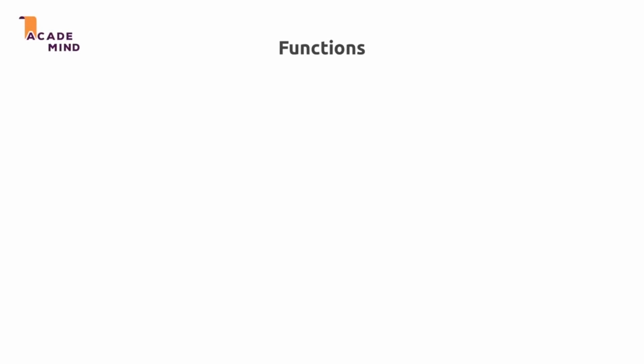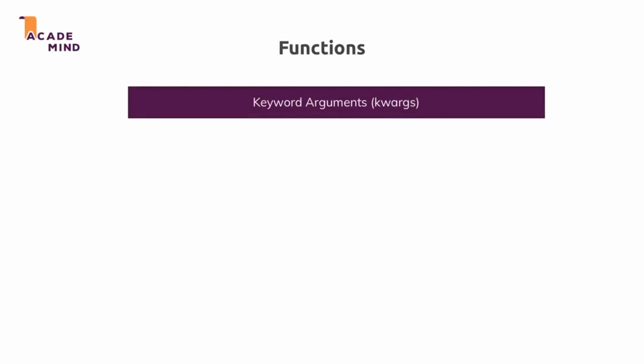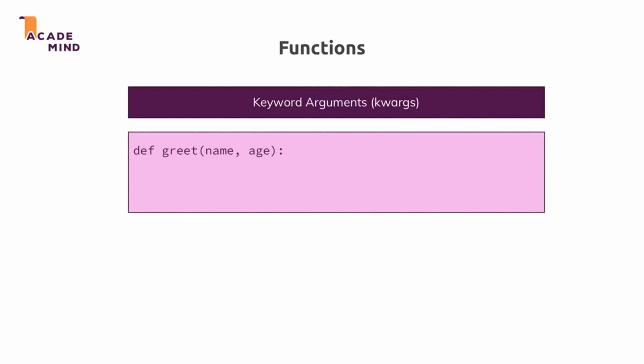Now we're almost done with functions. But here's one last nice feature you should be aware of, and that are keyword arguments. Now what's that again? It's actually not that difficult. We got a function with two arguments, name and age. Here's what happens in the function we just outputted. And now with keyword arguments, we can actually also call a function like this. In our function call, we use the name of the argument, name and age, and an equal sign, and then the value we want to pass.